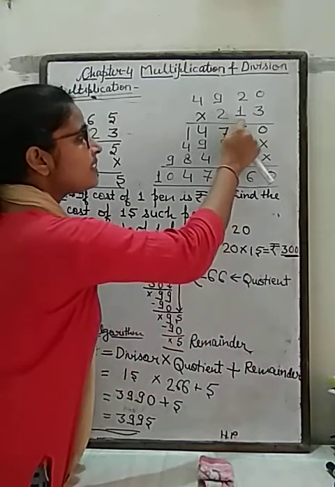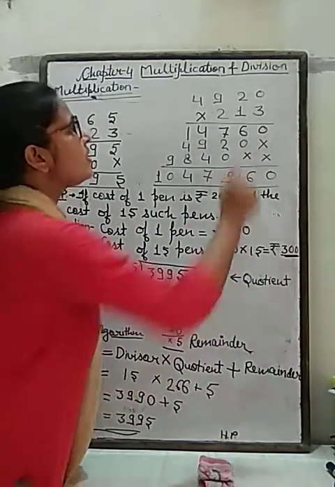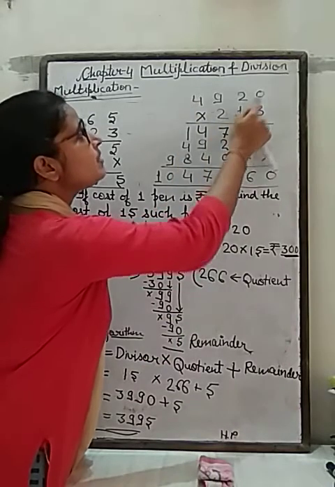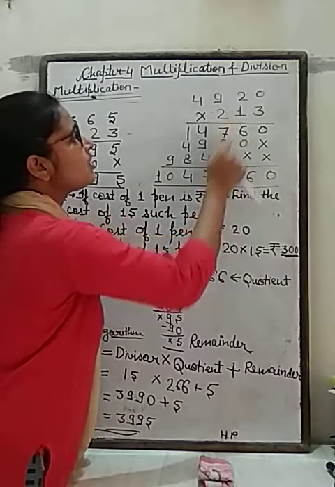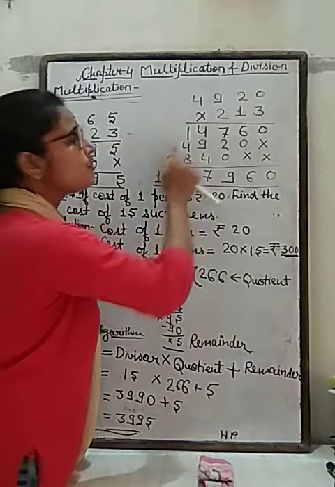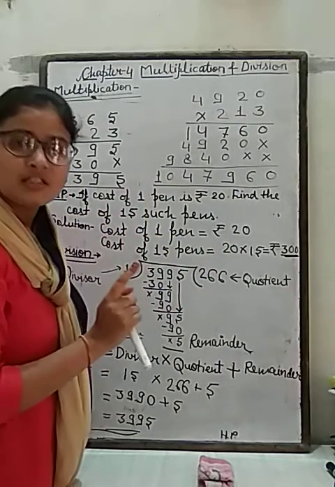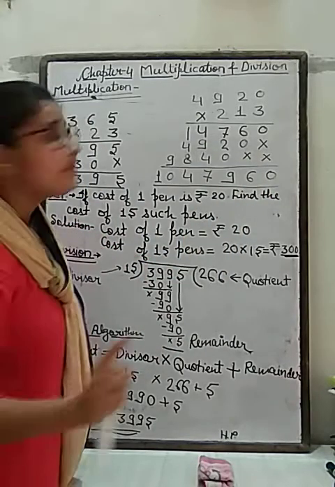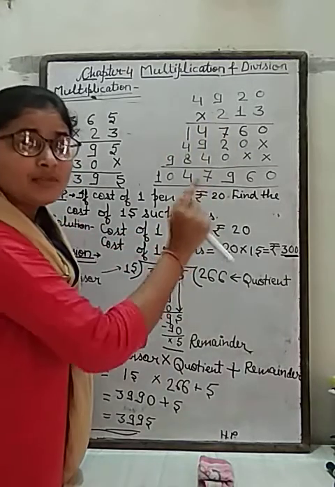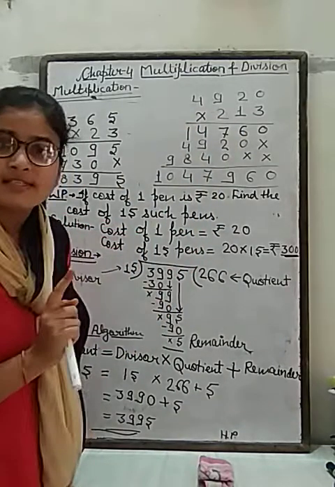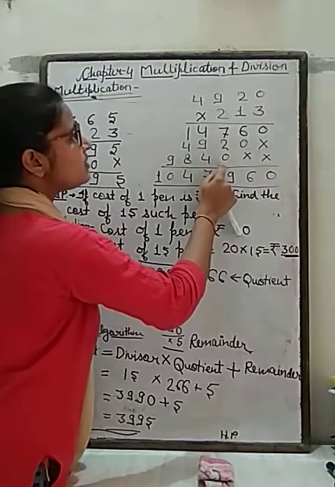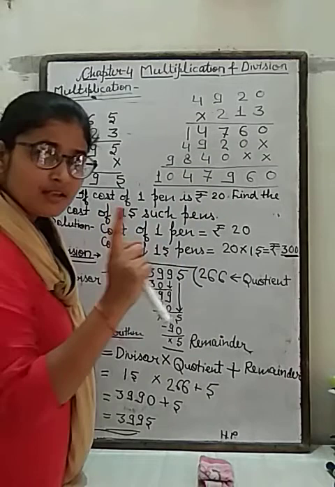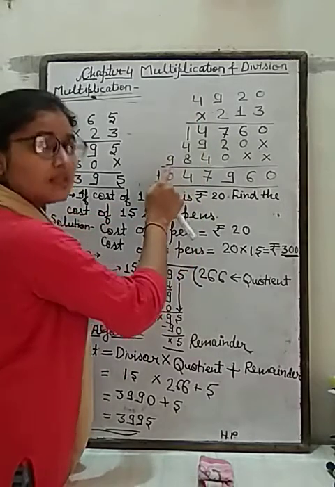Now for the second digit we will put 1 cross here. Now the second digit is 1. We will multiply 1 in all these digits. 1 multiplied by 0 is 0. 1 2s are 2. 1 9s are 9. 1 4s are 4. Now for the third digit multiplication, we will put 2 crosses here. And the third digit is 2. So now we multiply 2 in all these 4 digits. 2 multiplied by 0 is 0. 2 2s are 4. 2 9s are 18. 1 carry. 2 4s are 8 plus 1 is 9.